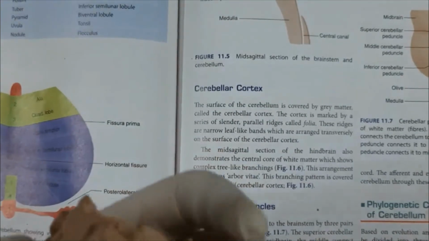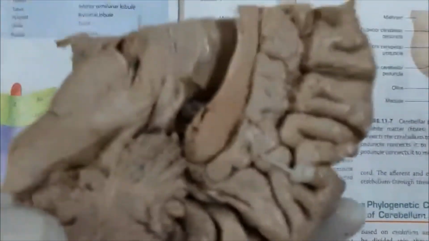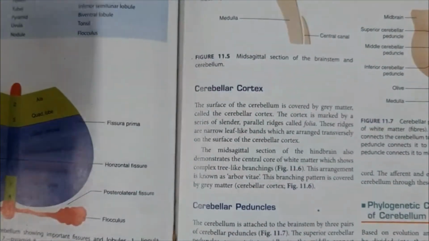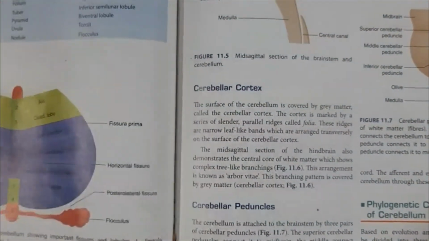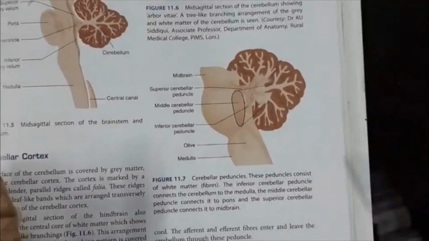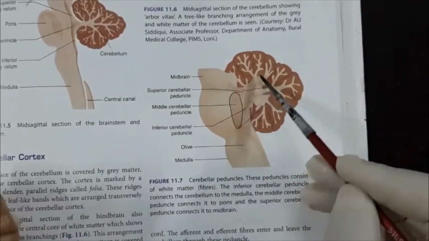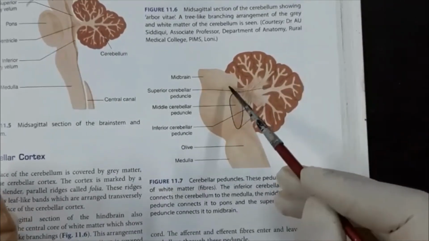Okay, superior cerebellar peduncle going into the cerebellum. So these are the 3 cerebellar peduncles. Okay, let us see this with the help of this diagram. Very quickly I will go past it. This is the middle cerebellar peduncle which was cut, so that this is the inferior cerebellar peduncle and this is